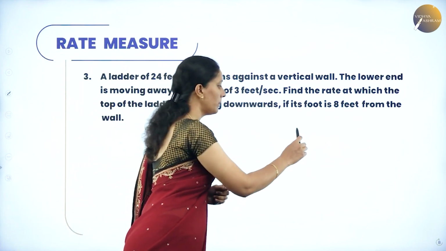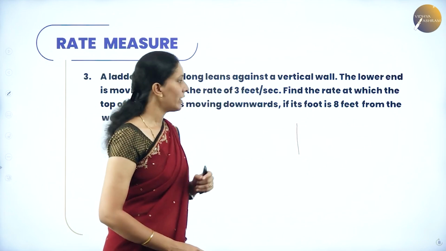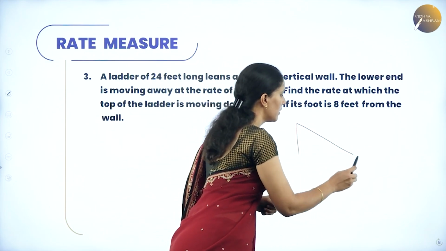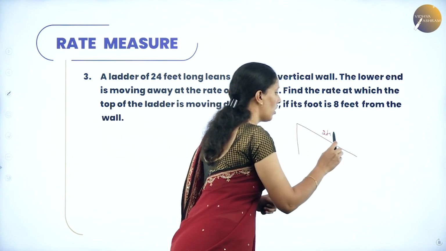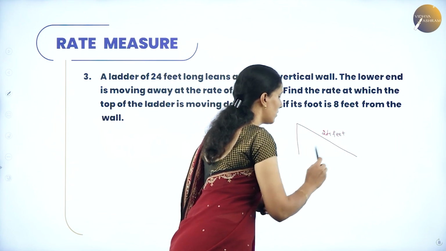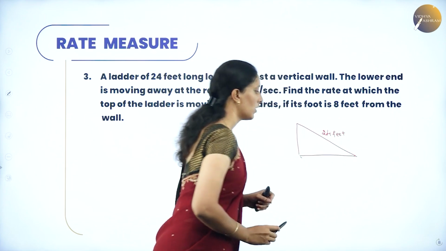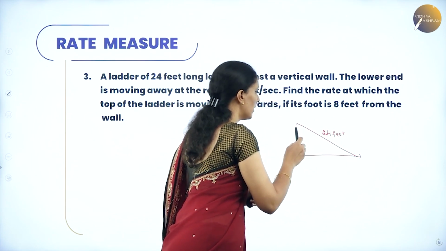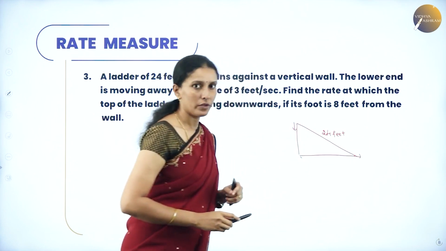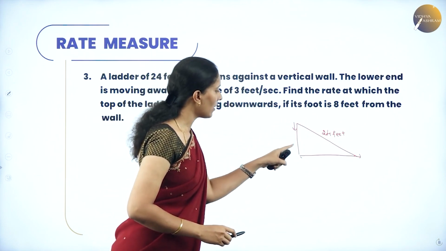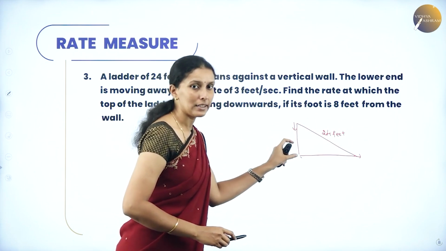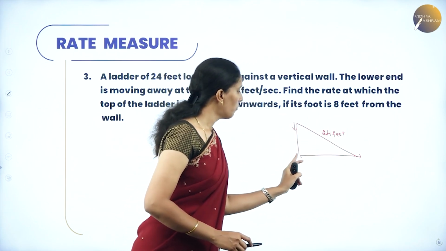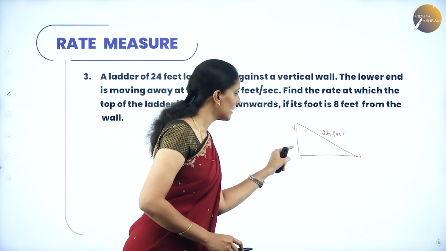So here is a wall and we have a 24 feet long ladder which is leaning against the wall. So this is the bottom. Whenever you move the ladder this side, the ladder comes downwards here. So that means the height on the wall keeps decreasing. That is the height, whenever you move the ladder away from the foot of the wall,